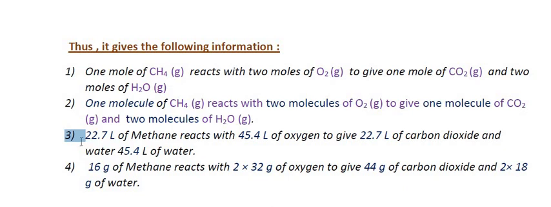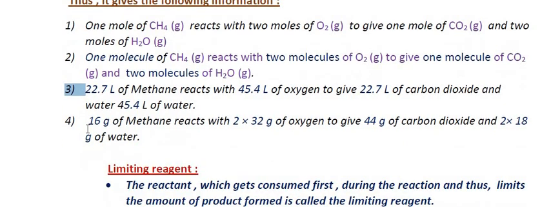Now you have to keep in mind that whenever we do any numerical question involving stoichiometry, the first thing that we have to see is that the chemical reaction given to you must be balanced. Many times a balanced reaction is already given, but if it is not given, then it is expected that the student will balance the chemical reaction himself, and then go ahead with the numerical. Now we are going to talk in terms of mass of the reactant and product.